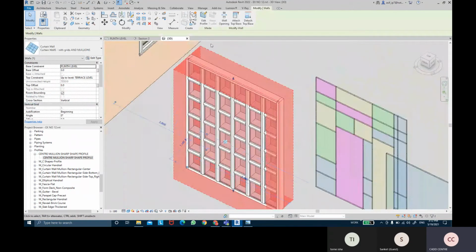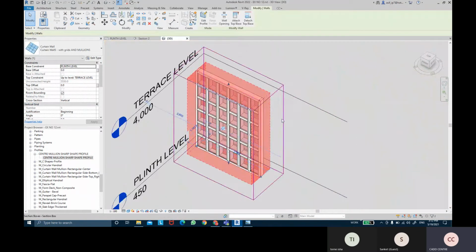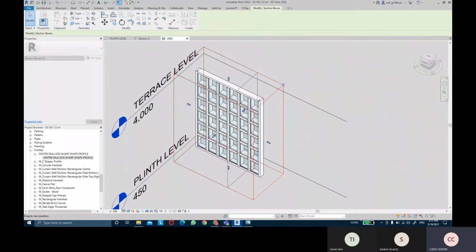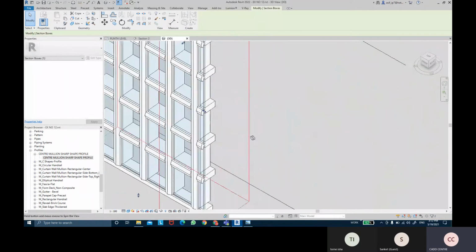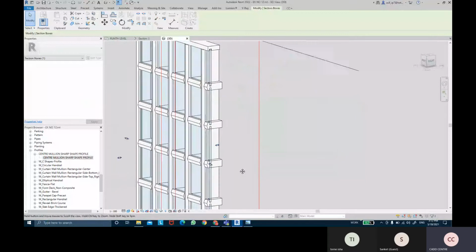Select this shape and make this into a selection box. If I look at this selection box, we have to see the details.